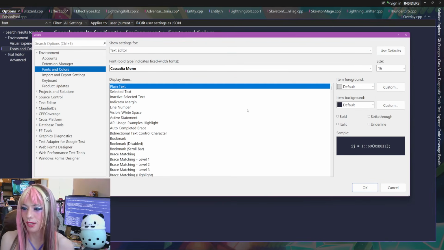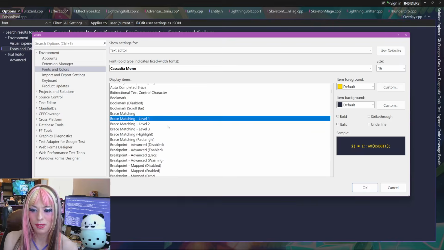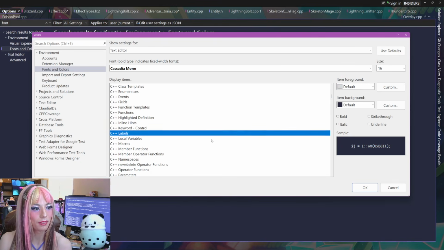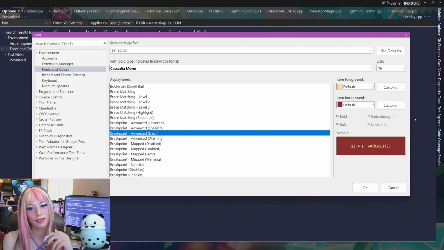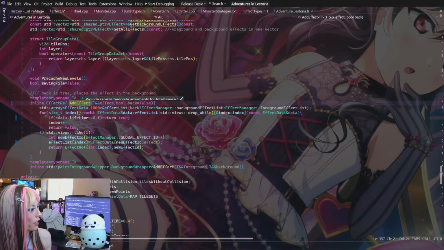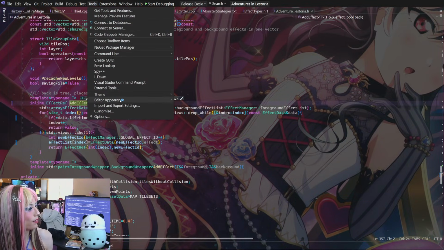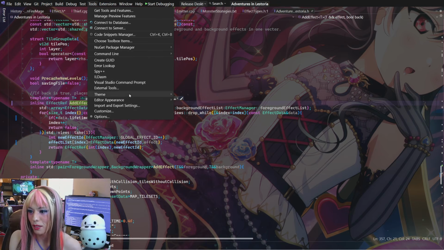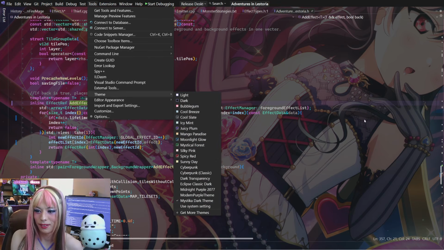So we are using Cascadia Mono. That's what the font is called. Everything uses Cascadia Mono inside the editor. I think it's just the default for Visual Studio. If not, it's very close to the default. Because the theme I use is called Mystica Dark Theme, so it might have changed it. Who knows? I don't know. Anyway,